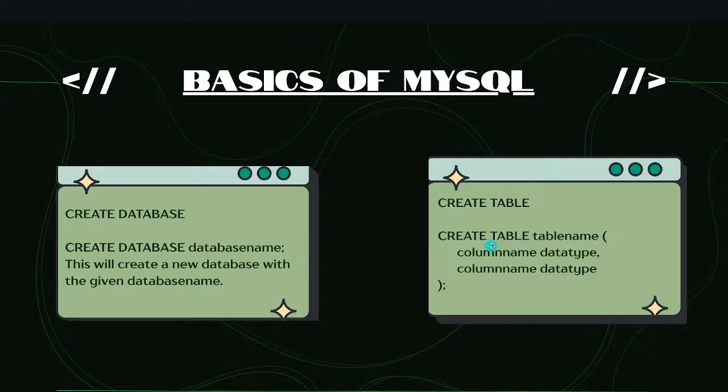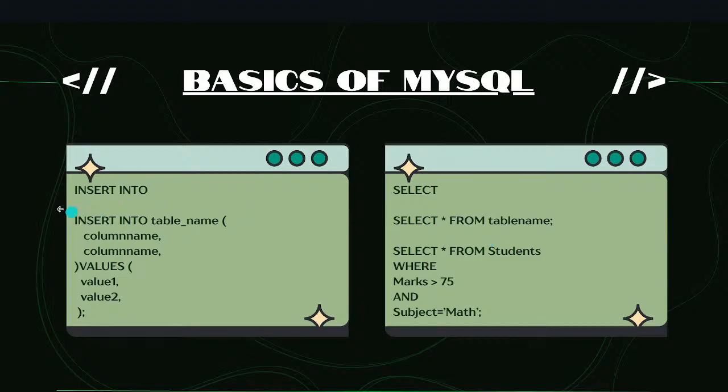Okay, so moving ahead, insert into. Now this insert is another keyword in MySQL. As I told you, it's a sequential order of storing information in a database, right? So first of all, we make a database, and then secondly, we make a table so that we can store the data. Now, the table needs to have some data inside it, right? So to put data inside that table, we use this insert keyword,